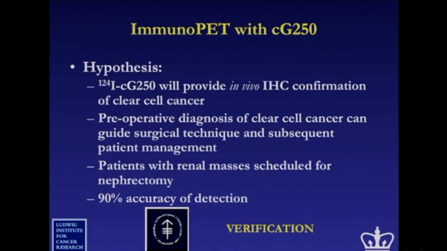So we hypothesized, because by now we had figured that every time we gave this antibody to somebody with clear cell renal cell cancer, the antibody went to the tumor. So we said, why not look at it the other way around? Why not see if giving this antibody can help us determine who has the aggressive phenotype and who does not. So we carried out a verification trial first, right, to determine the accuracy.